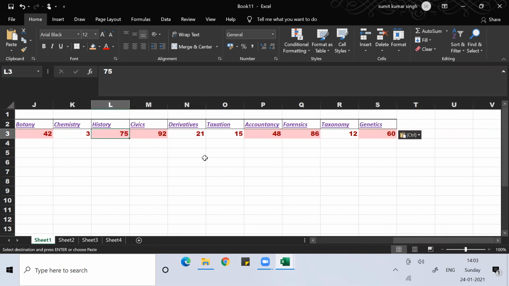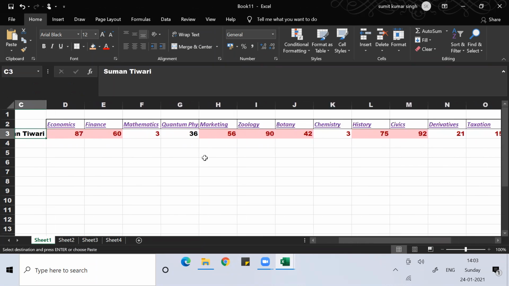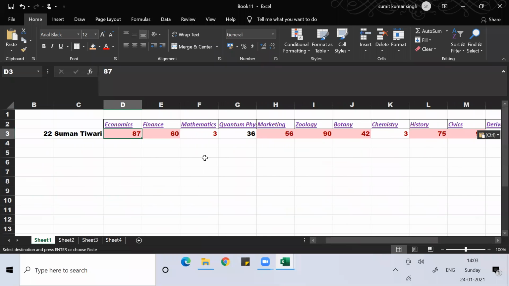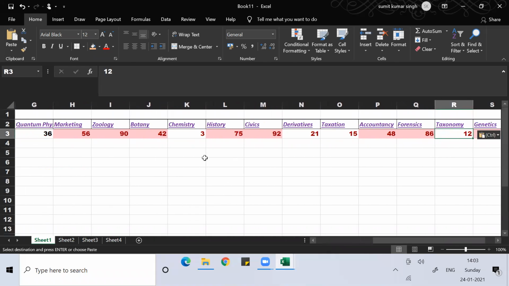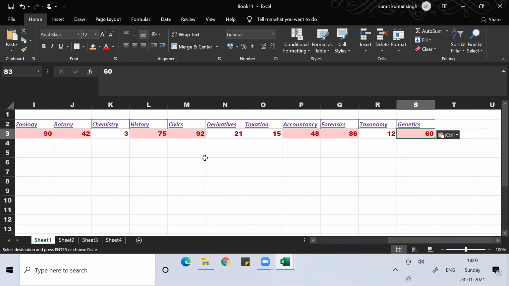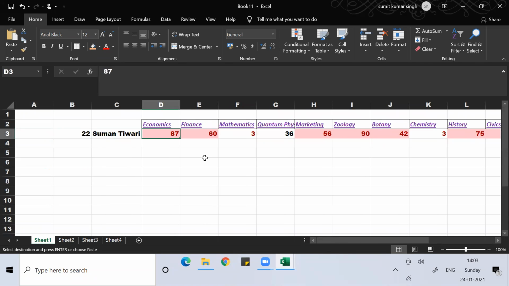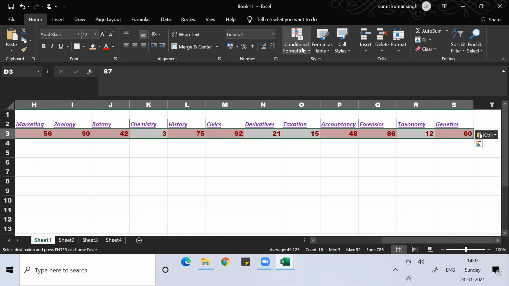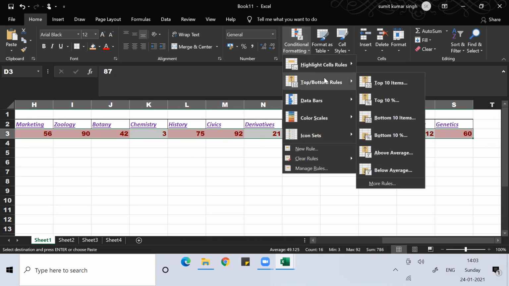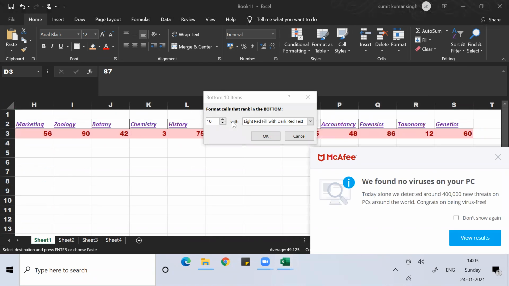You can see that all the top 10 marks are highlighted: economics, finance, marketing, geology, botany, history, civics, accountancy, forensic, genetics. You can analyze this: select this data, Conditional Formatting, Top 10 Items, Top 10%, Bottom 10 Items also if you want, to see which are the bottom 10.